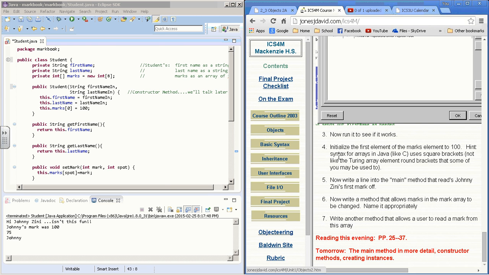The first thing we want to do is to initialize the first element of the marks array to 100. And so we know that the student class has these variables. They're designated private, and then here is where things are set. So I have chosen to do it this way, where the first mark, which is in the 0th spot,